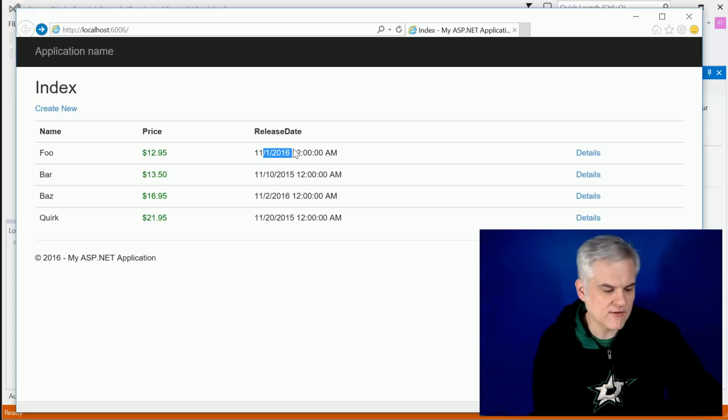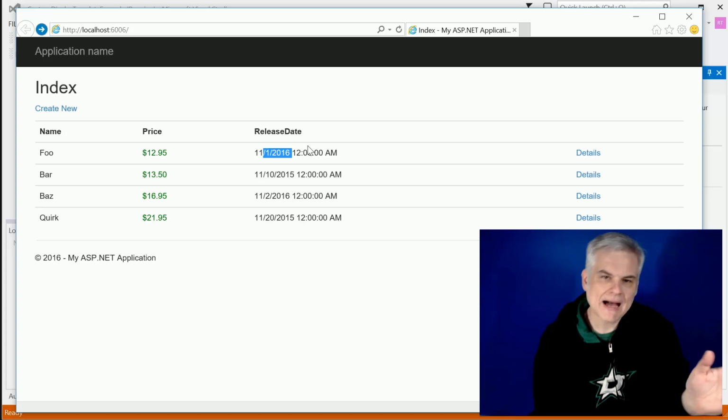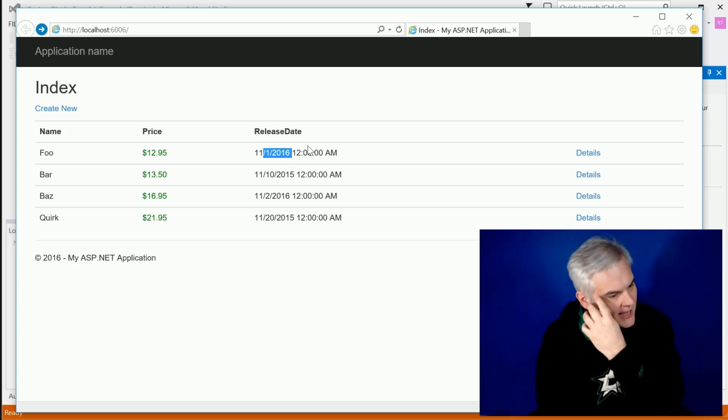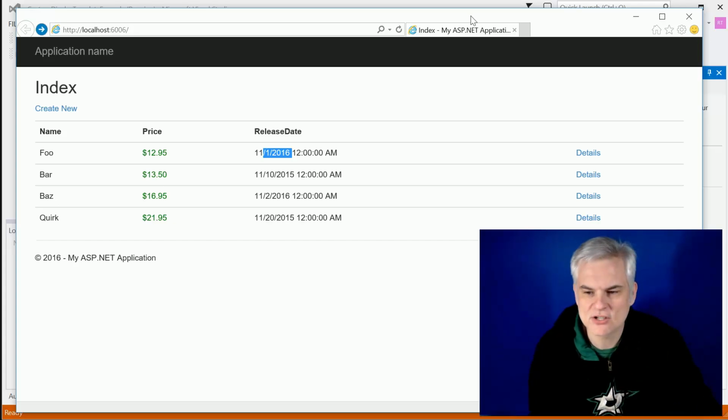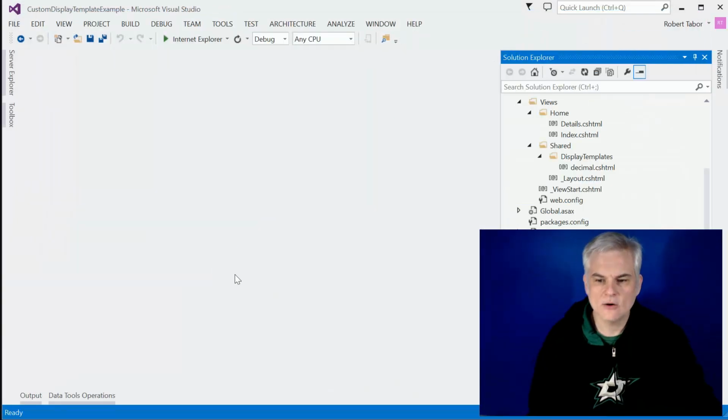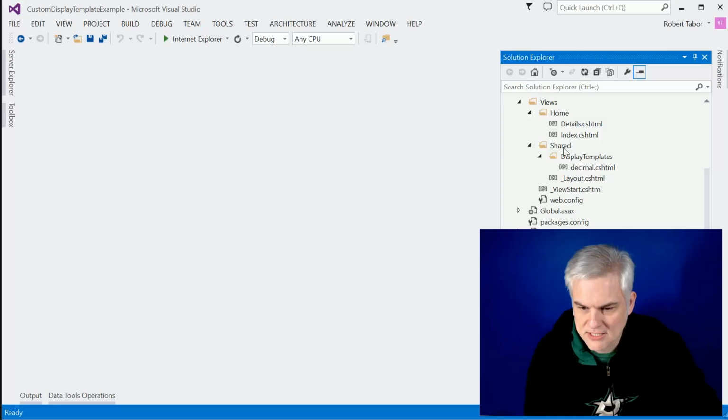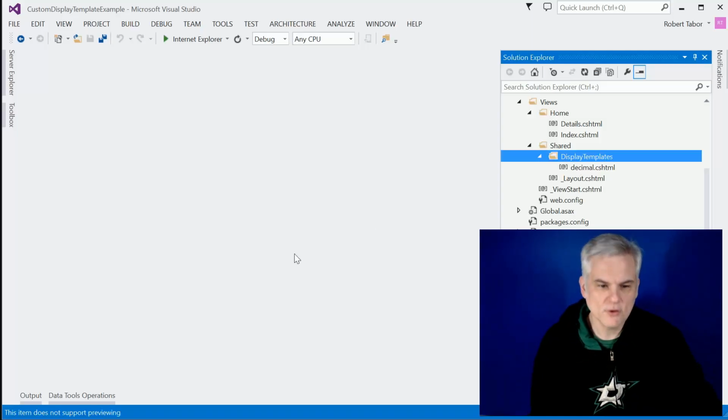hasn't been released from the manufacturer. So we'll highlight it in a yellow background and then give it a red font. That should call some attention to it. Now, what we'll want to do in this case, almost identically, is to go to the display templates folder that